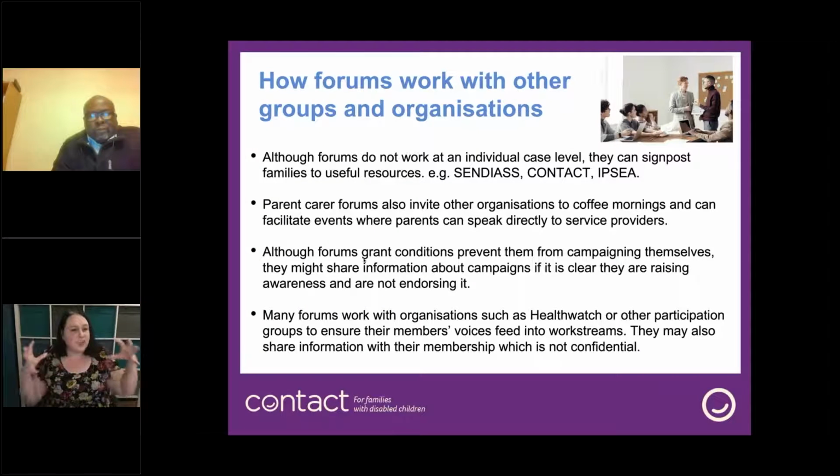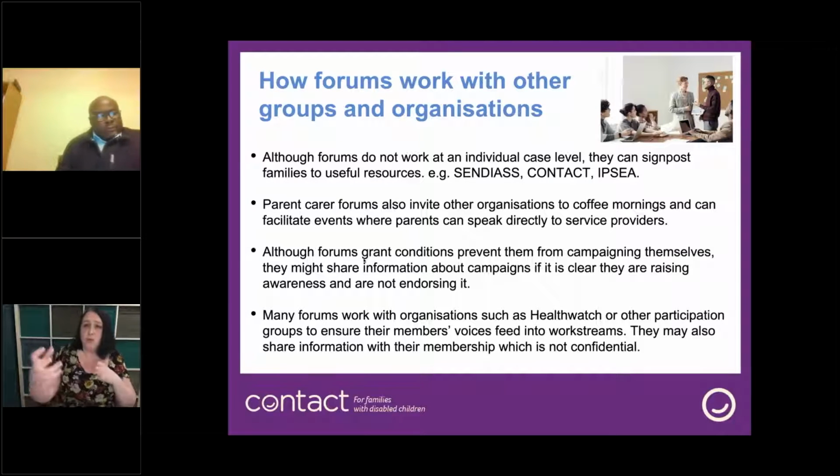And I think we can then work with condition-specific groups. So for example, if there's a local group for families with Down syndrome, we would work with that group. What's happened in the past is there has been some work on how you can gather groups together in a support group forum model, where all those groups meet together and share experiences and information, and you find out what's happening for different families in different areas of your location. And then, as a forum, you can feed that back through